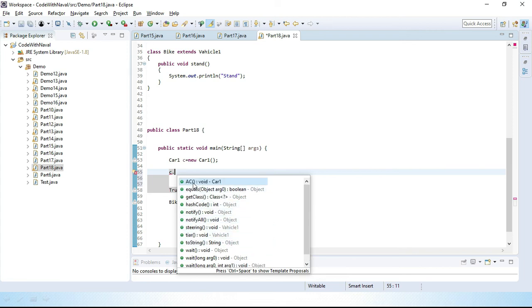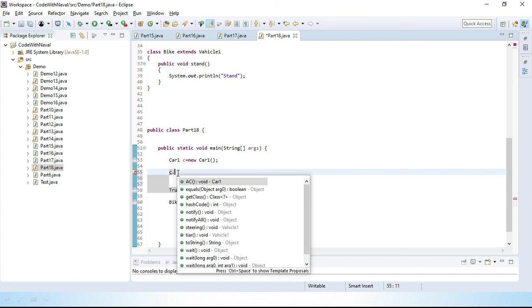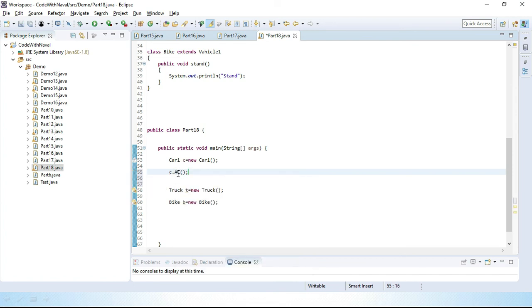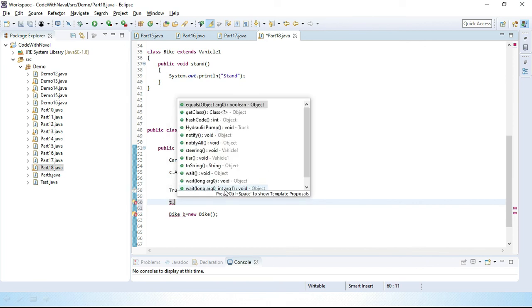Here three methods we can access in this car: this one is AC, and this one is steering and tire. I'll create c.AC. If I use this Truck object t and mention t dot, you can see we have a hydraulic pump. That means this hydraulic pump is only present inside this Truck class.